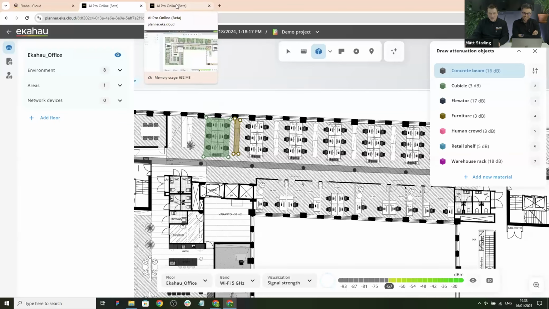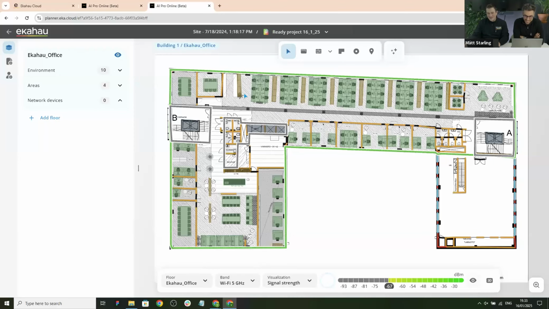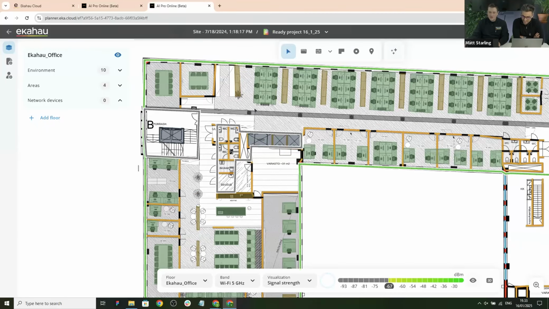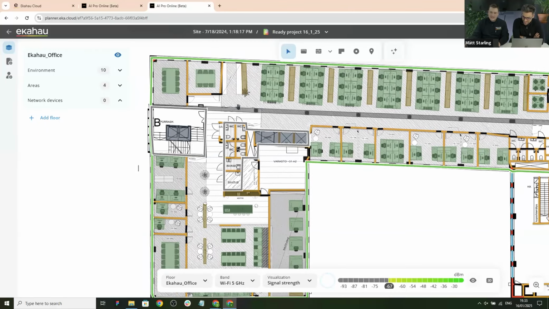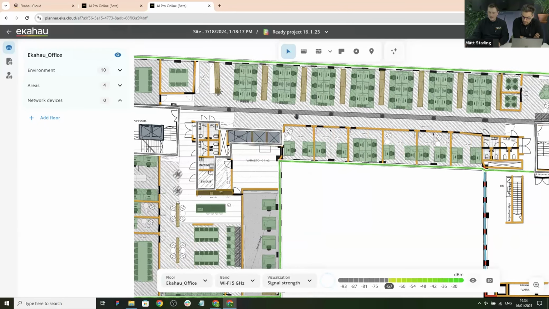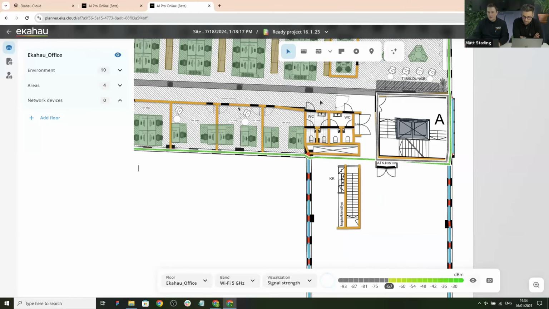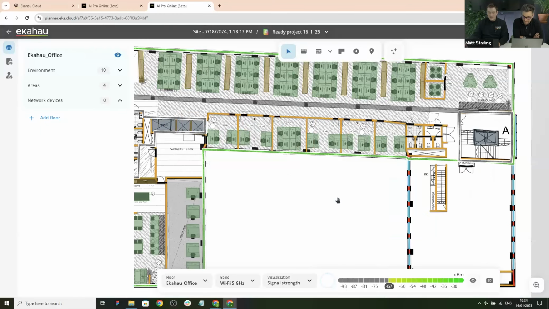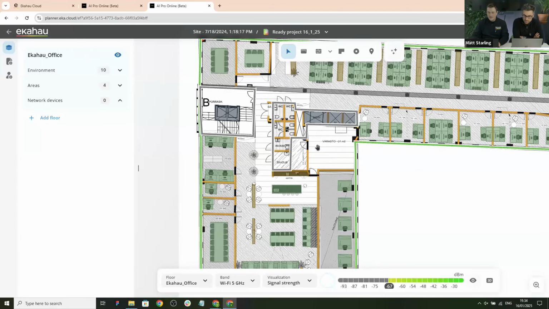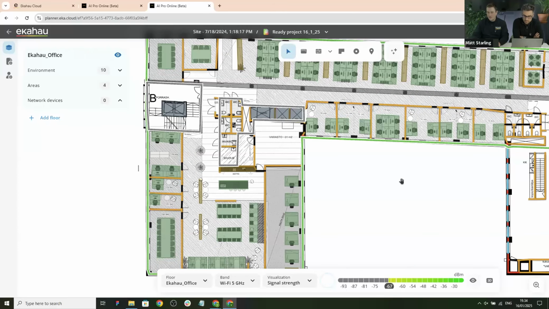All right. Anyway, I have prepared a project with pretty much all the things we are interested in for this demo drawn out. Here we have the same floor map. I have added some exclusion areas where I don't want my network coverage, like those elevator shafts and maybe some toilets.